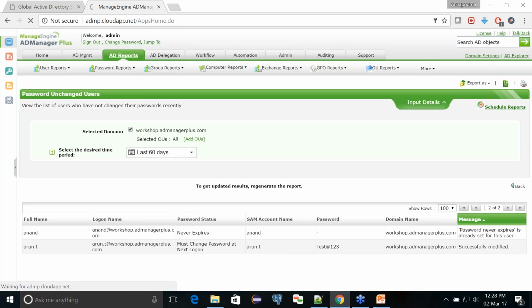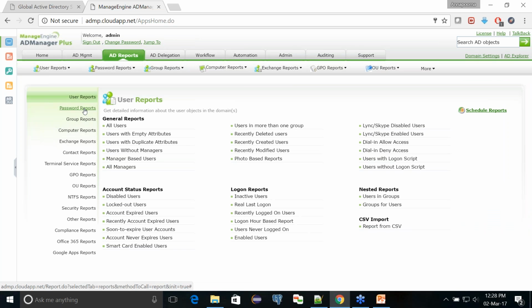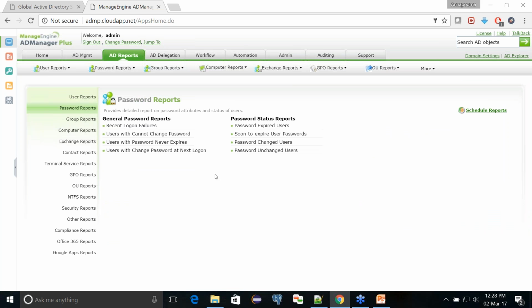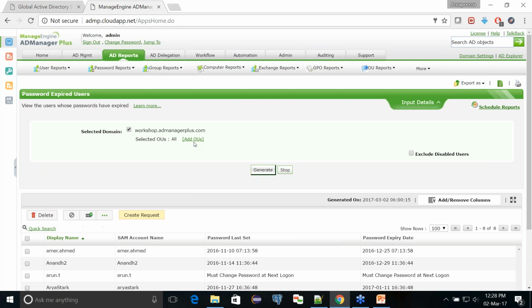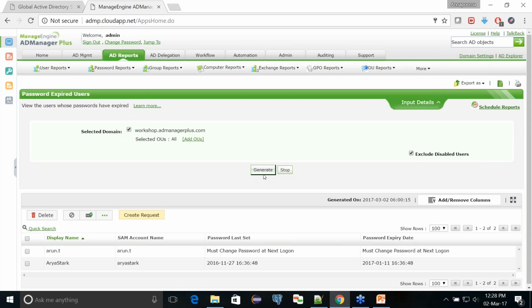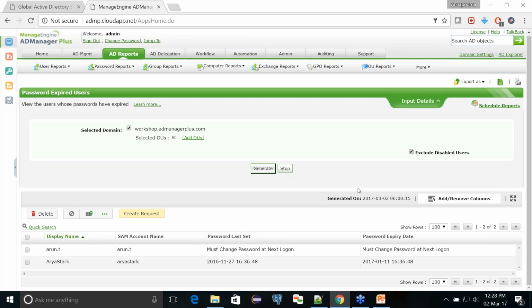Just go to AD reports and then choose password reports and then choose password expired users. So if you want to exclude disabled user accounts, so if a user has been disabled, there may be chances that their password has been expired already. So you can exclude them and then hit generate. So now you can see that after excluding the disabled users, I just have 2 user accounts whose password is